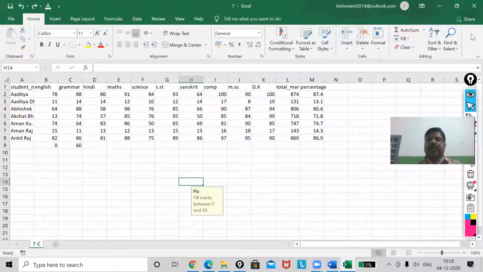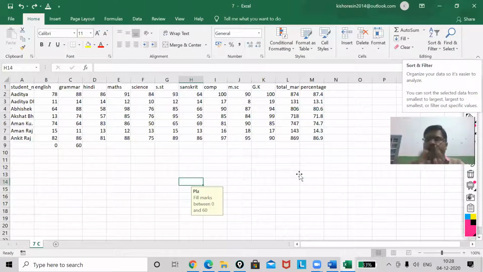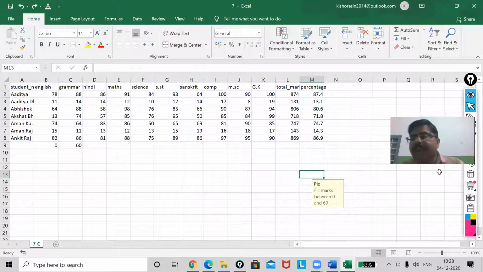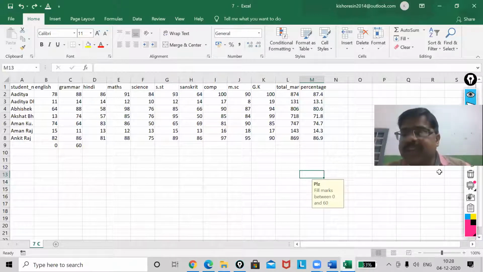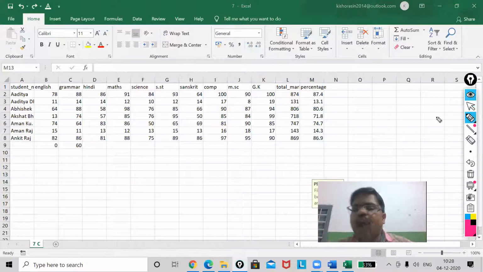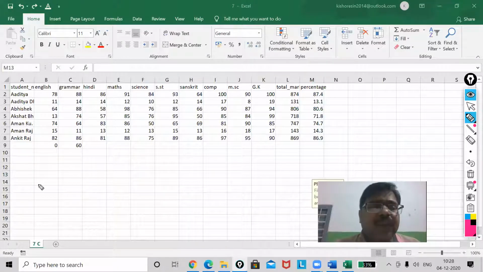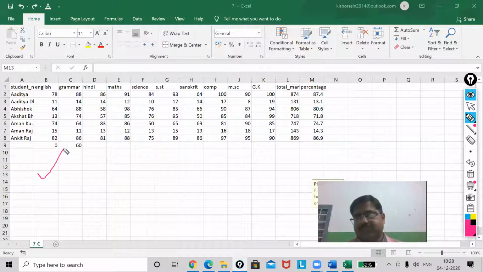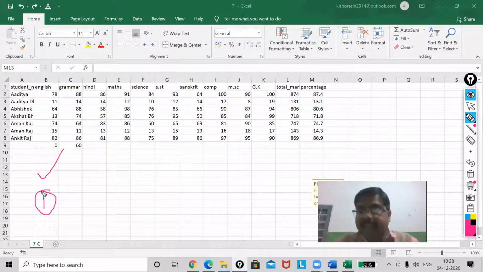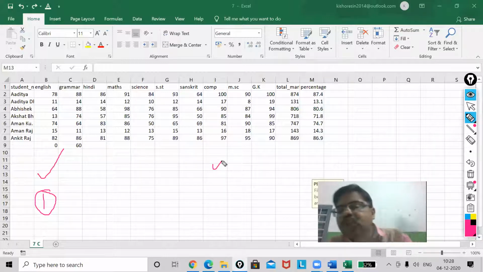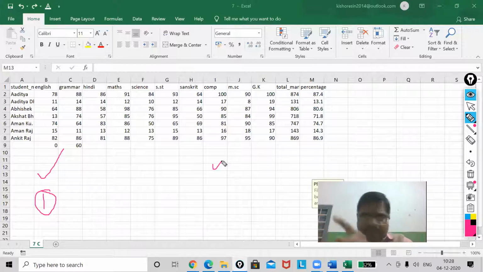filtering data. So for that you have to go to the home tab. There you have the sort and filter option. Now watch it carefully. Someone has given me a task. What task has he given? That sorting will be done first on English. First, sorting must be done on English, and if English and computer marks are both the same, then you perform the task on computer. I'm going to show you.